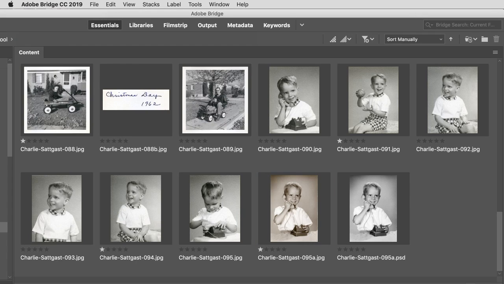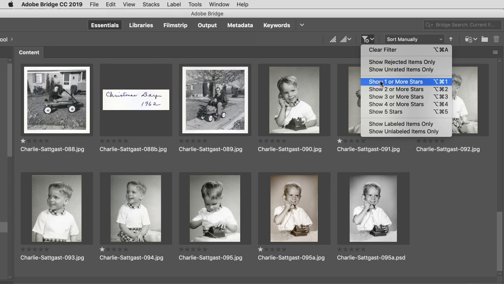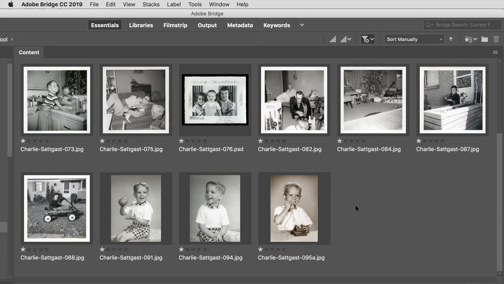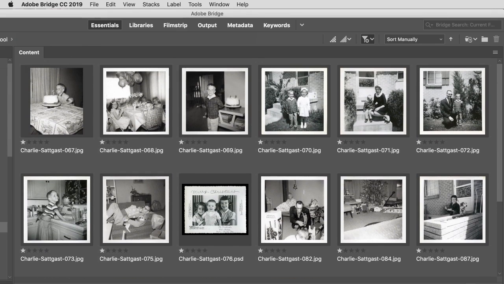Once you've rated the photos, you can click on the filter icon in the bar at the top and choose Show 1 or more stars to view just the photos you've rated, which reduces the number of photos and makes it easier to choose. Next, if I still have too many photos for my book, I go to step 2,